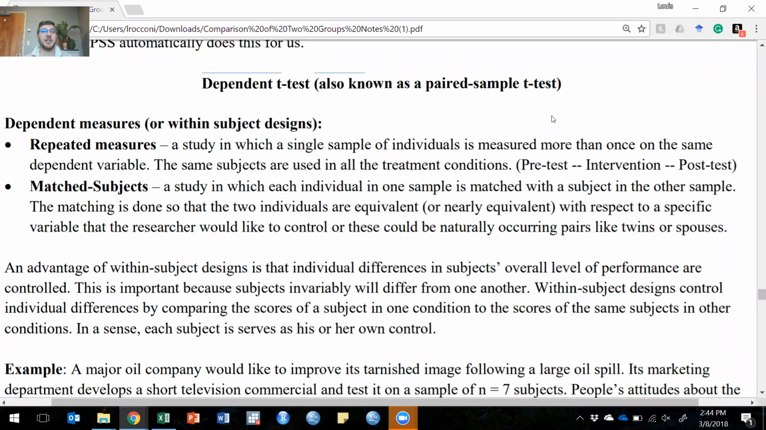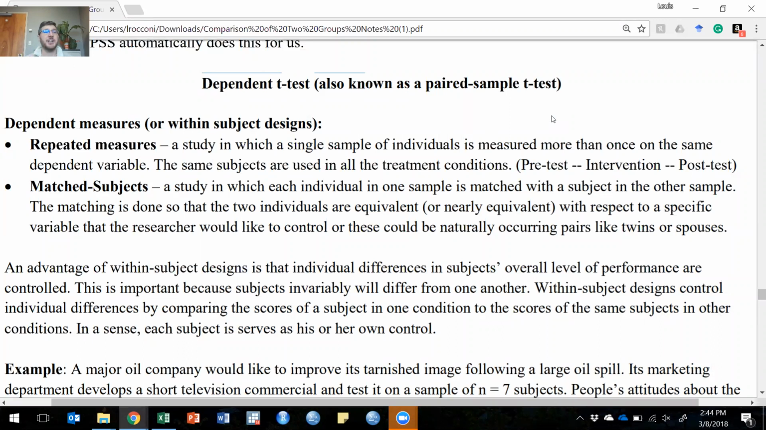So we have the same subject and we measure them multiple times. You think of like a pre-test, post-test type situation. We also use the dependent t-test when we have what are called matched subject designs. This is when we have individuals from two different samples, but we match individuals in one sample to individuals in another sample